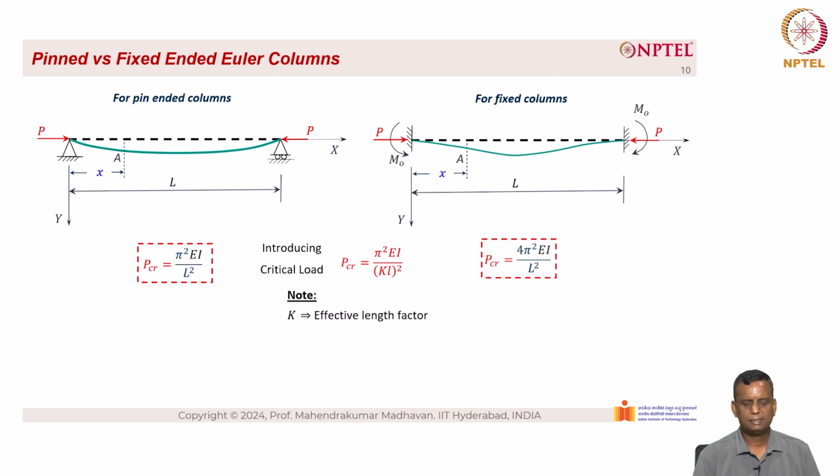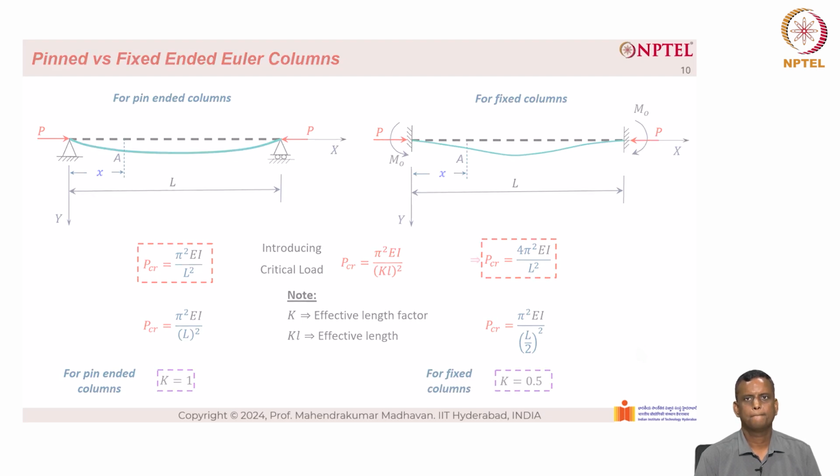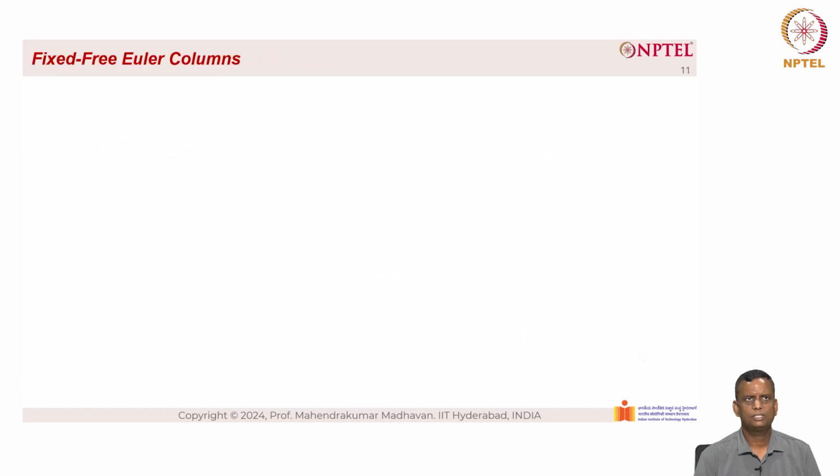Note, K is the effective length factor and KL is the effective length. So P critical equal to pi square EI by (KL) square. For pinned end columns, the effective length is 1.0 times L. For fixed columns, P critical equal to pi square EI divided by (L by 2) the whole square. So for pinned end columns, the effective length factor K equal to 1.0. For fixed end columns, K equal to 0.5. With this understanding, let's solve the